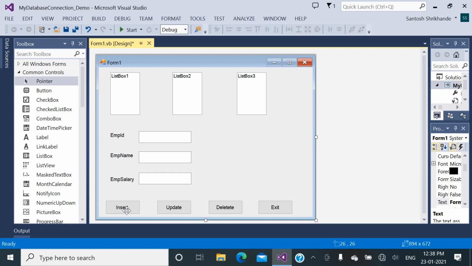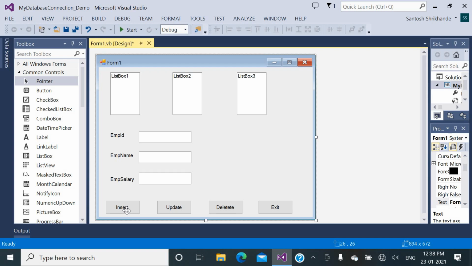Okay, now dear friends, on the form load event, I am going to connect the Windows application with the Microsoft SQL Server database, and once the form is loaded into the memory, all these list boxes, list box 1, list box 2 and list box 3, will be filled with the EMP IDs into list box 1, EMP name into list box 2 and EMP salary into list box 3 for all the records.